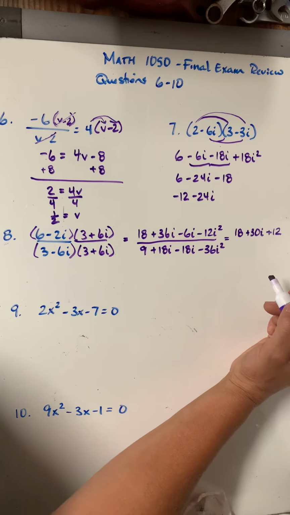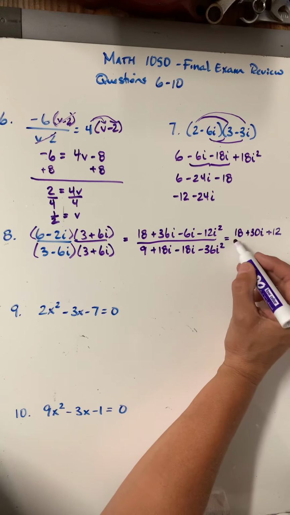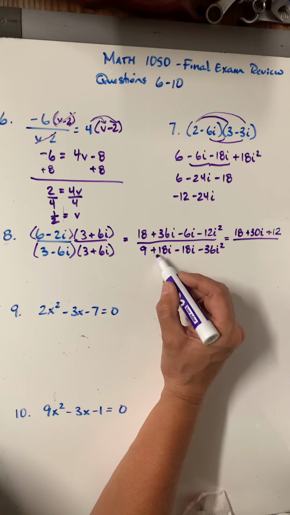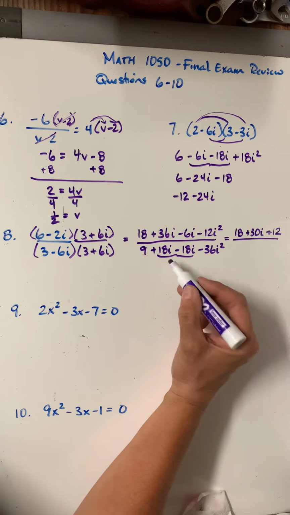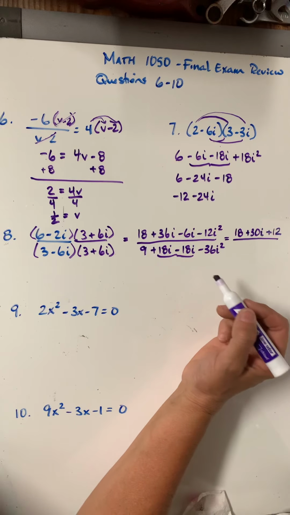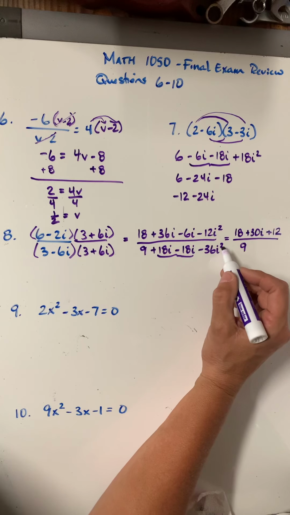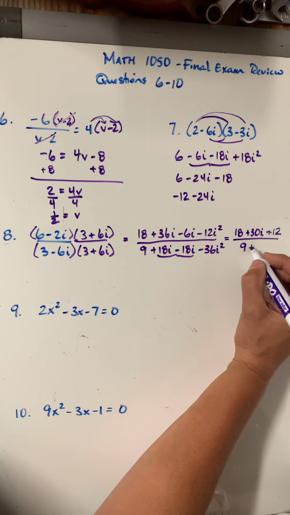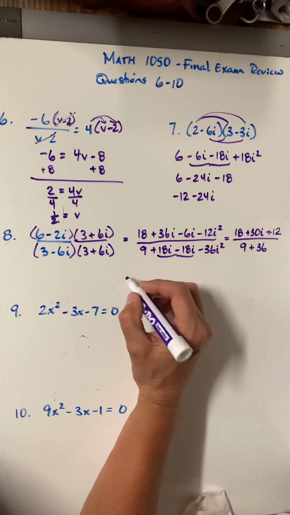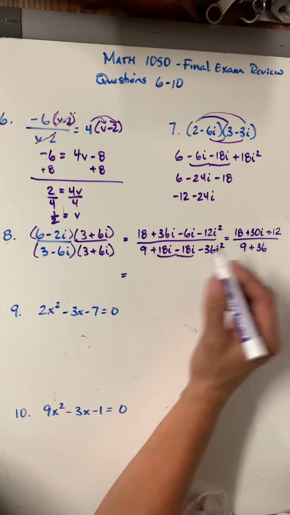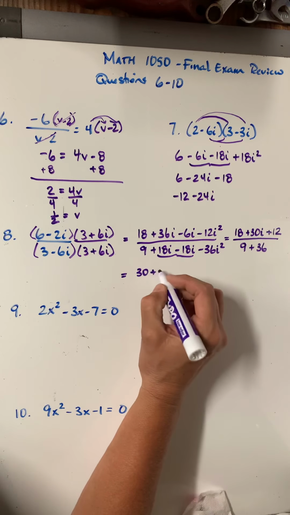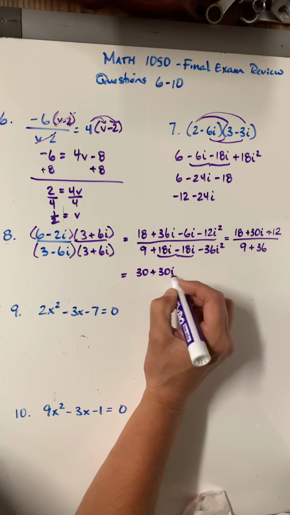So I'm going to be able to combine the 18 and the 12 in the next step. Here, these two terms drop out. 18i minus 18i is 0, so I'm left with 9. -36i squared is -1, so that'd be plus 36. So 18 plus 12 is 30, plus 30i, all over